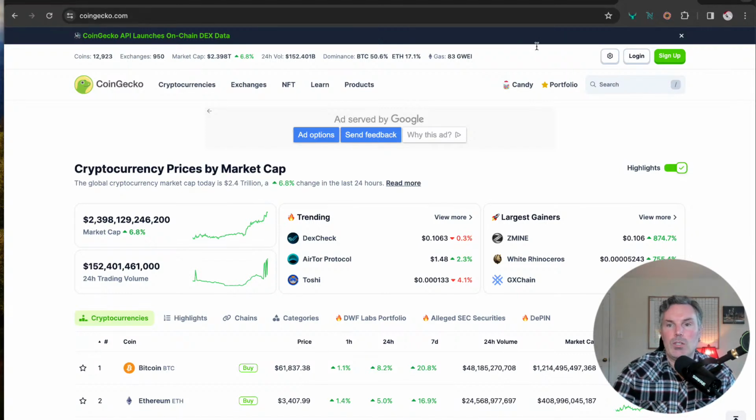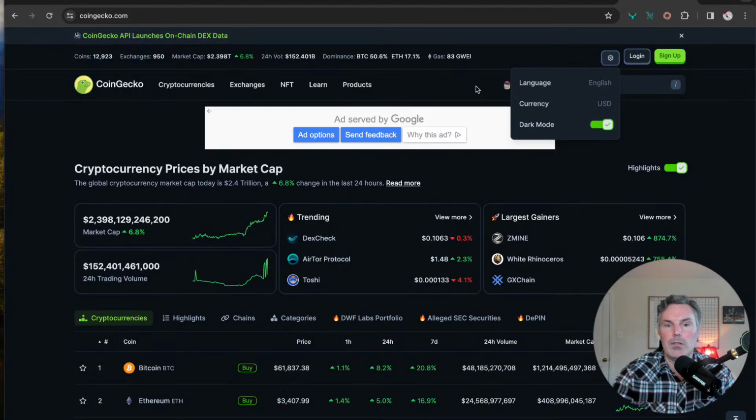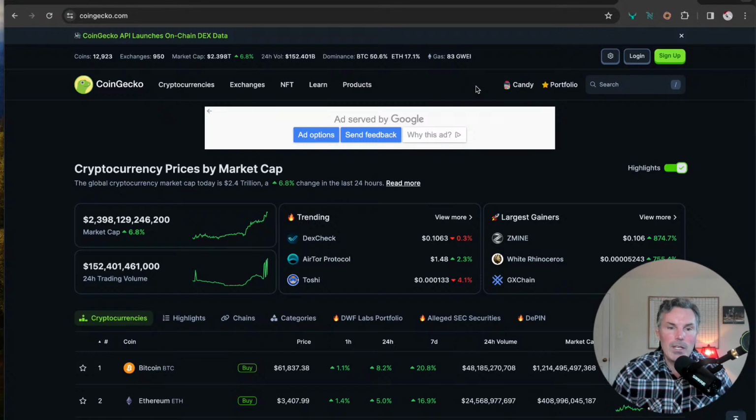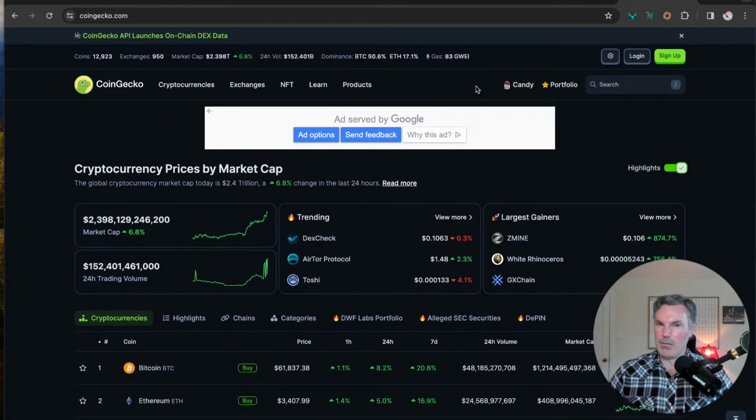Let me switch this to the dark mode for y'all. So it's a little dark in case you're watching this in the evening. Sorry, TradingView's dark mode just doesn't look as good. I actually have these glasses here. I love these glasses. I wear them all the time. I normally wear them until I do the video. I take them off for you guys because, I don't know. But I always wear these glasses to shield the blue light.